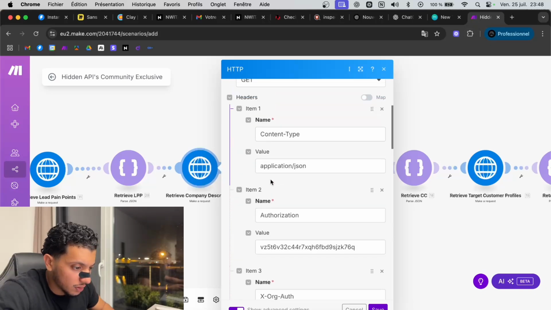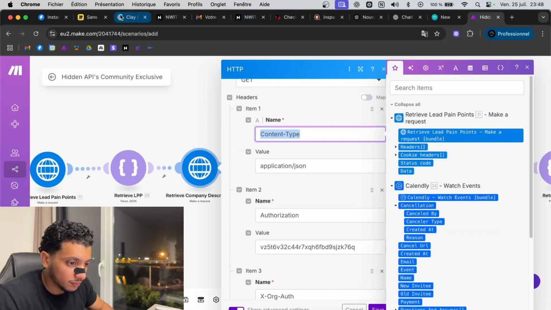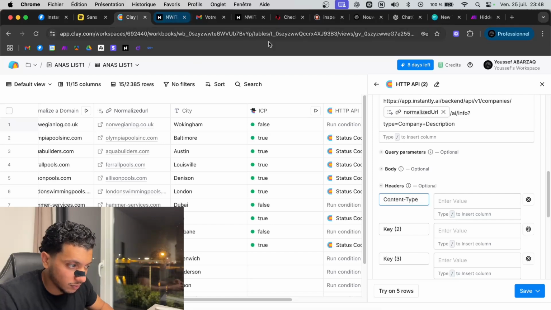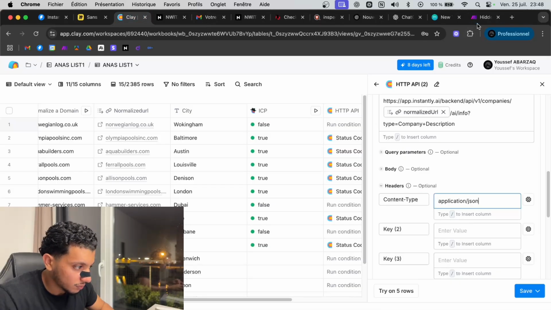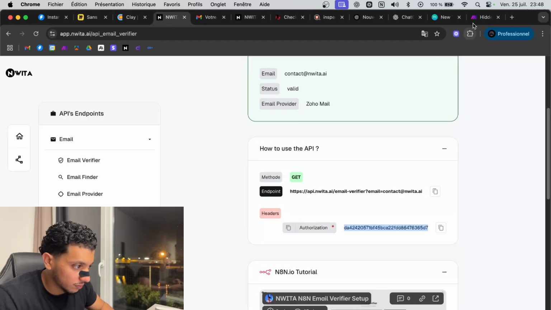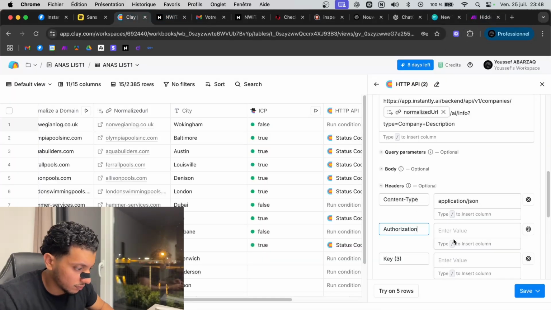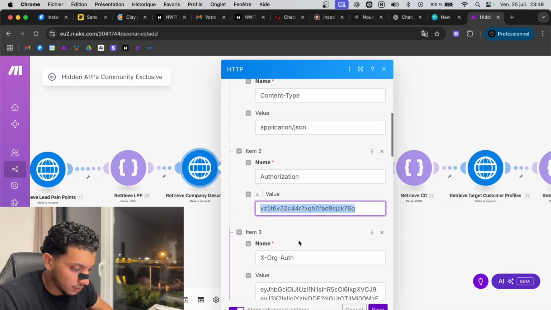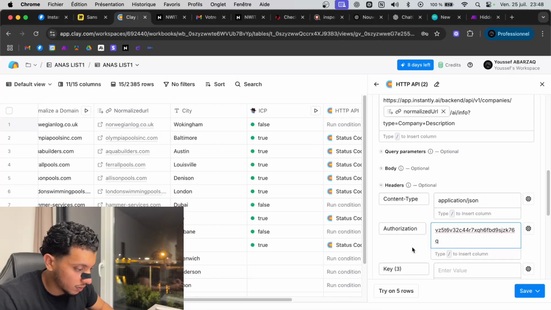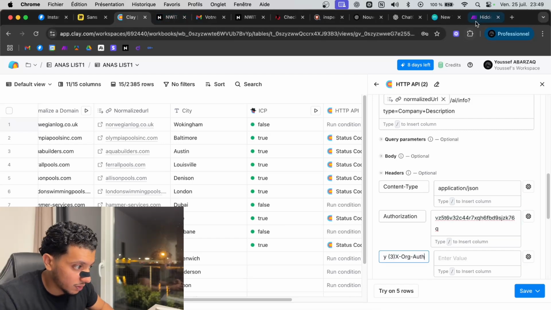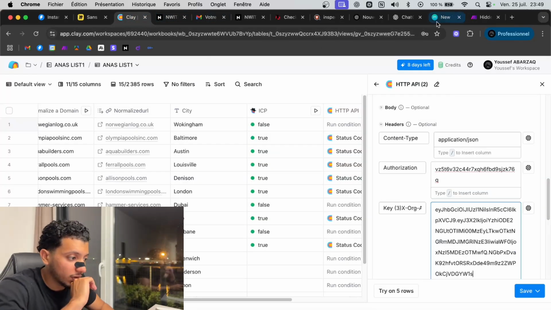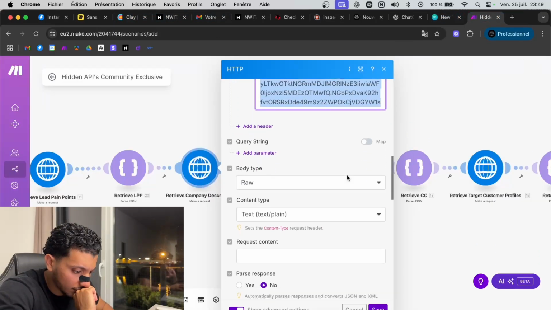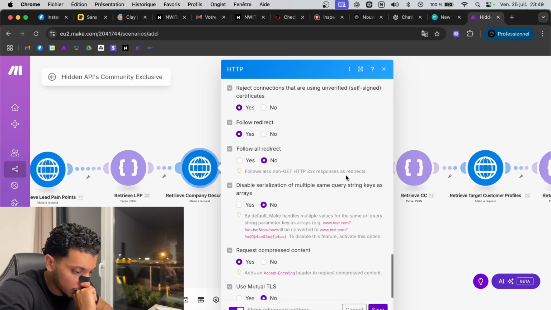So here, first one would be content type, second one would be auth, and third one would be this one. Perfect. Then I think that's all.